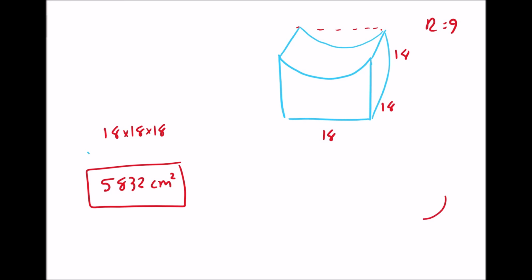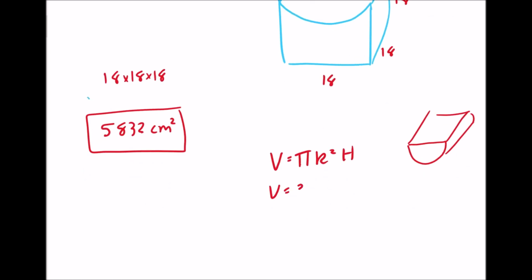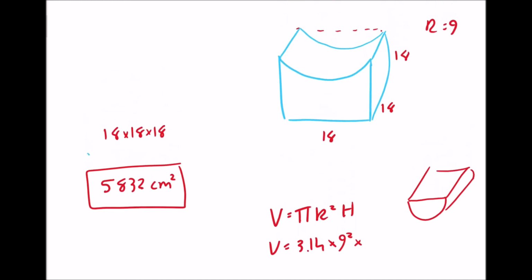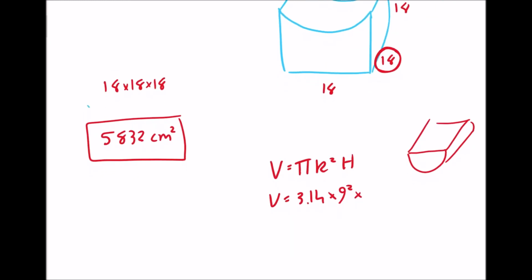So I'm just going to draw this semicircle. Well, when I say semicircle, it's actually kind of a cylinder. Okay, so there it is. And we're told the radius is 9. So if we get the volume of the cylinder, volume equals pi r squared h. So volume equals 3.14 multiplied by the radius, which they tell us is 9, so 9 squared, multiplied by the h, which is the depth that goes back, which is 18. So the volume equals 3.14 multiplied by 9 multiplied by 9 multiplied by 18